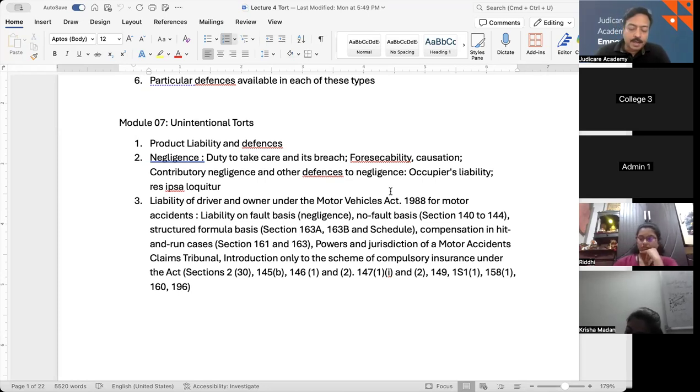Point number 4 says, a claim for compensation under subsection 1 shall not be defeated by reason of any wrongful act, negligence or default of the person in respect of whose death or permanent disablement the claim has been made, nor shall the quantum of compensation recoverable in respect of such death or permanent disablement be reduced on the basis of the share of such person in the responsibility for such death or permanent disablement. So in case of permanent disablement or death, the share part is removed. So there is no share. We read about it a few moments back, right? So the contributory, the share part is not considered and it is not required to be considered.